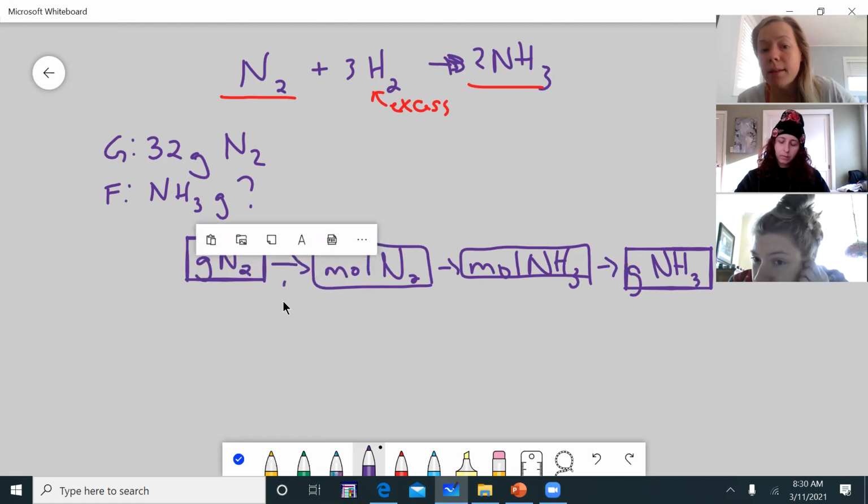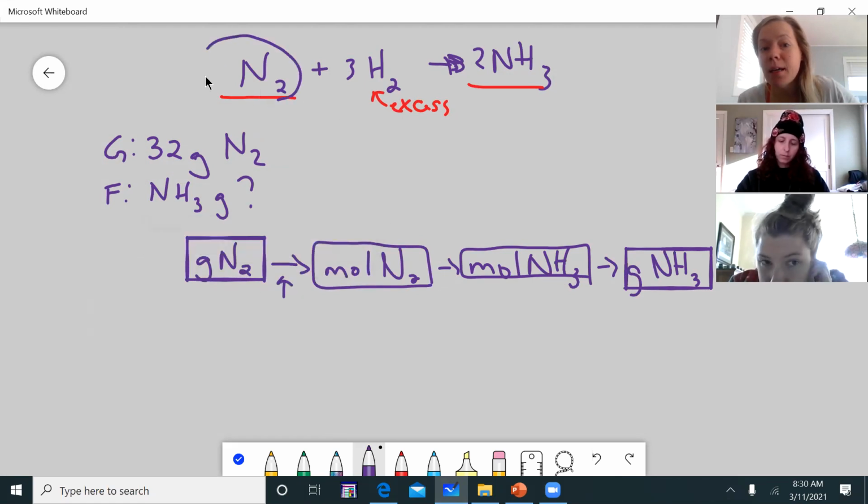I have to use the molar mass of N2. Do you see how it's a diatomic? That means you need to take into account 2 nitrogens. So its mass is not